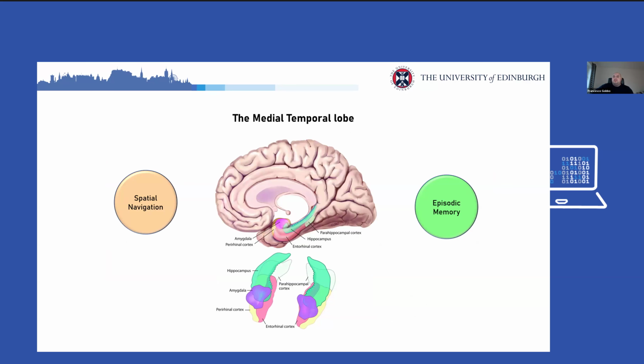Both spatial navigation and episodic memory are very much linked, and often they are related to similar aspects in humans as well as in mammals. The brain area that's devoted to the processing of spatial information and episodic memory is in first instance the medial temporal lobe. The medial temporal lobe is composed of the hippocampus proper and other cortical areas associated to it, like for example the perirhinal cortex, the medial entorhinal cortex, and the dentate gyrus.